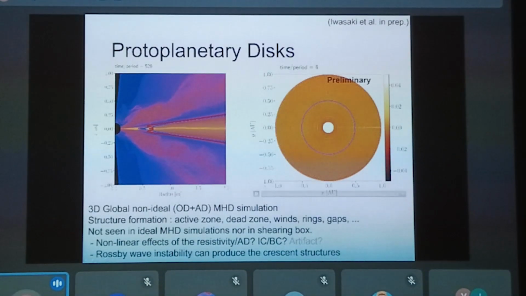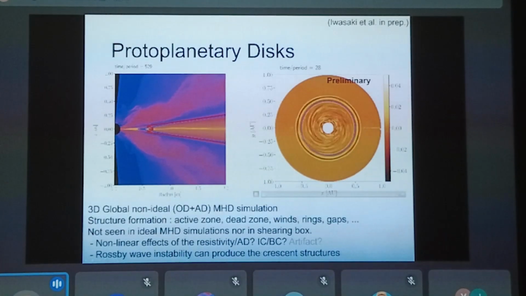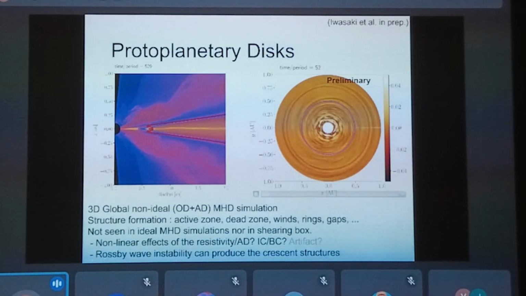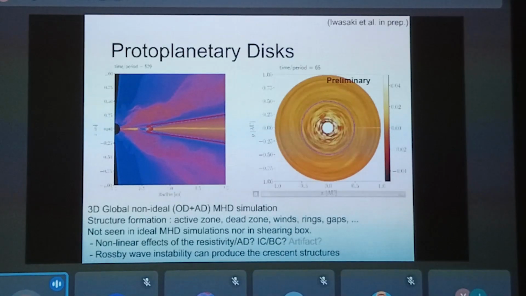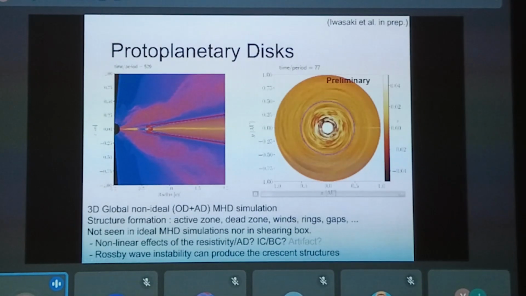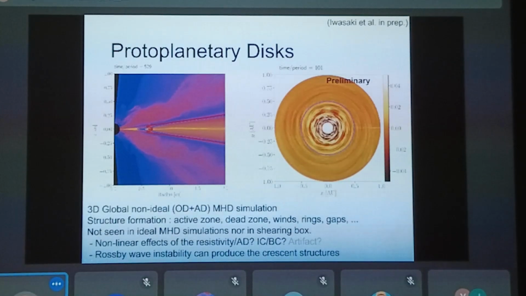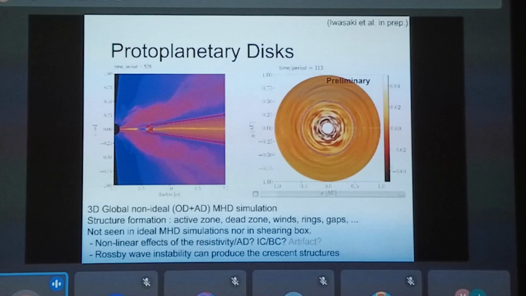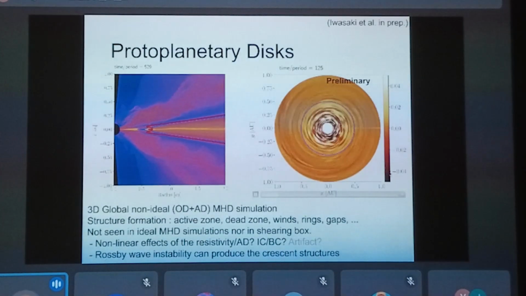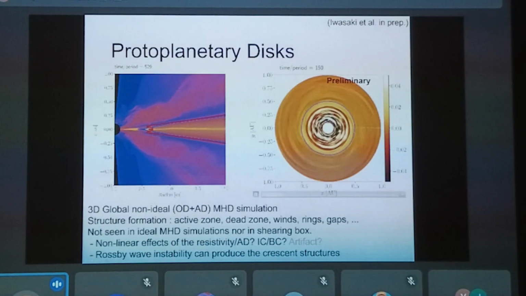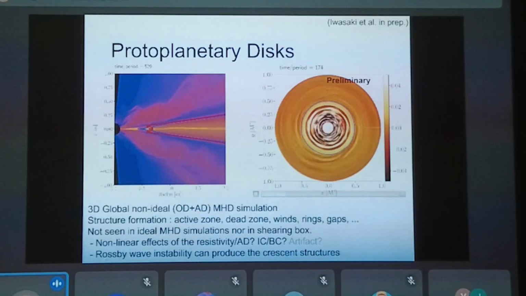And then on the right panel, we plot, sorry, I forgot the label, but this is the column density normalized by the initial column density. So the bright region has a higher density compared to the initial condition, and the dark region has a lower density compared to the initial condition. Initially, because of this turbulence, the gas in the central region is reduced. It accretes onto the protostar,